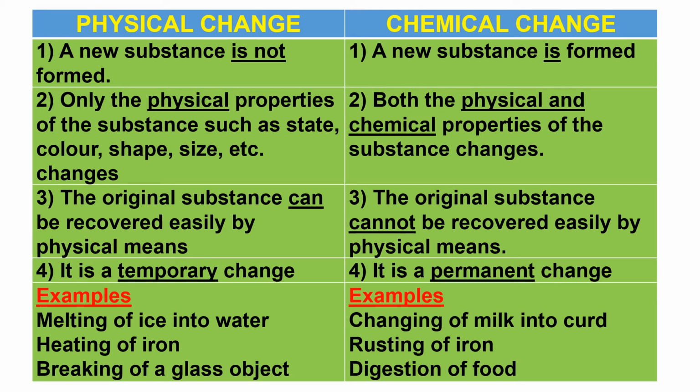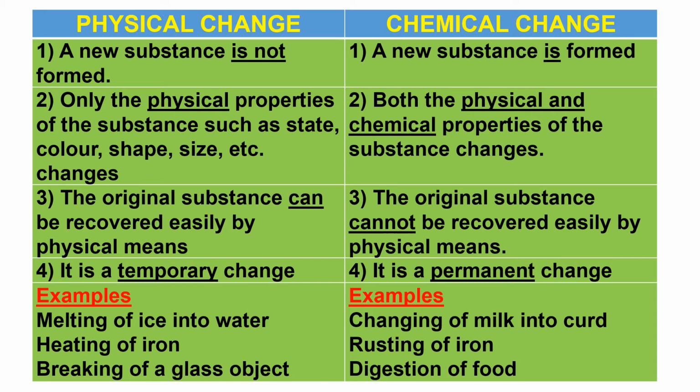In heating of iron, in that physical change, the example we saw, when you heated iron, did it change? No, only the color changed here. But in rusting of iron, the whole substance changes. Iron becomes iron oxide. What about both the physical and chemical properties, have they changed? Of course. Why have chemical properties changed? Because you got a new substance, iron oxide. Did the physical properties also change? Of course, yes. Iron is grayish in color, whereas iron oxide, what you call rusted iron, looks what color? Reddish brown color.